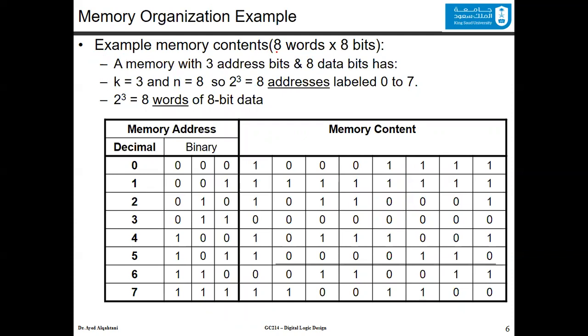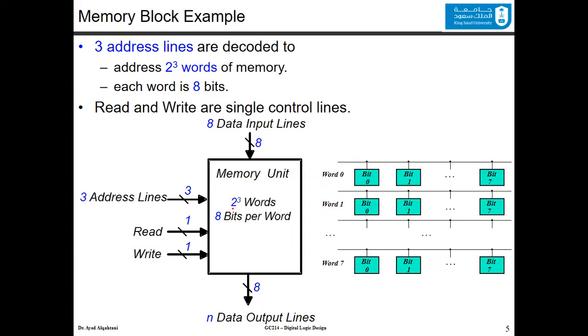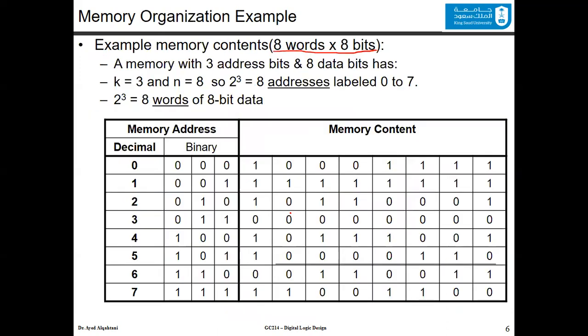The memory is called 8 words by 8 bits. You could call it this way, or you could call the memory this way: 2 to the power of 3 words, 8 bits per word. Usually in textbooks, they call them this way. Now, this is a memory with 3 address bits and 8 data bits that has k equal to 3, n